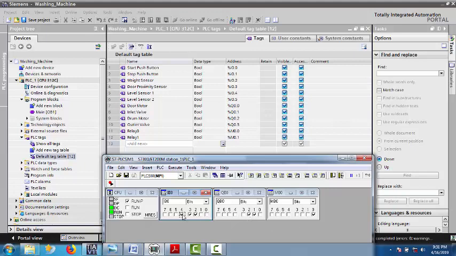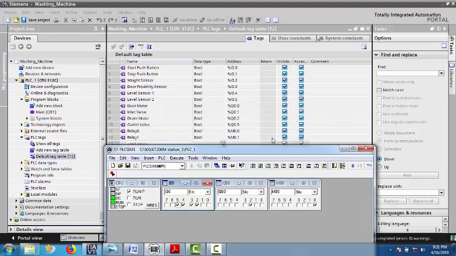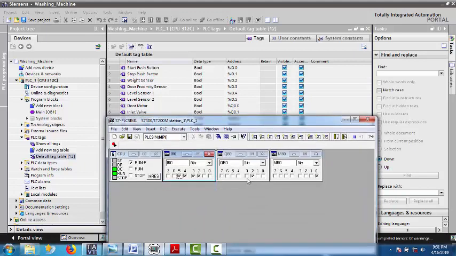After 30 seconds it will close. See, after 30 seconds this will turn off. Till that time water reaches the level sensor 2. As soon as level sensor 2 is reached, inlet valve closes. This will continue rotating and then after 30 seconds this will stop and outlet valve will open. See, outlet valve opened. That's it. Outlet valve will remain open for the entire process because we are never turning it off.